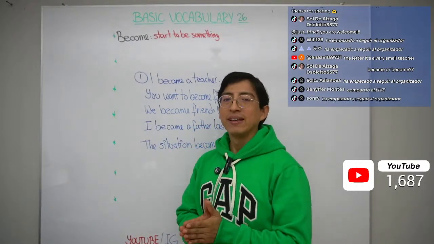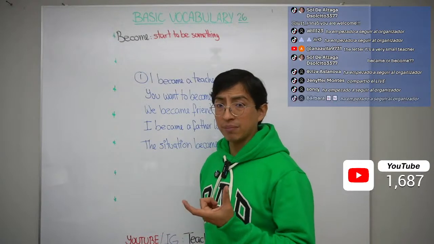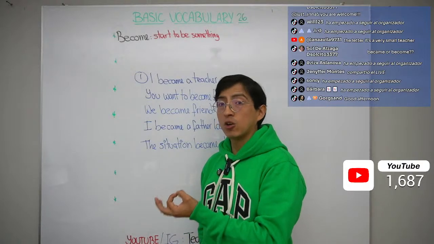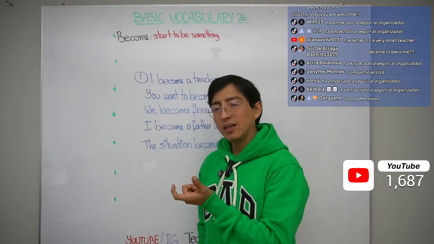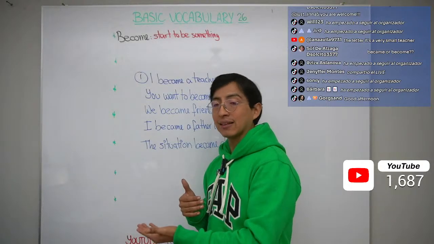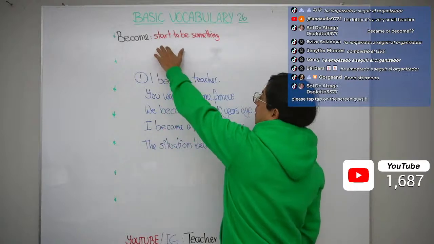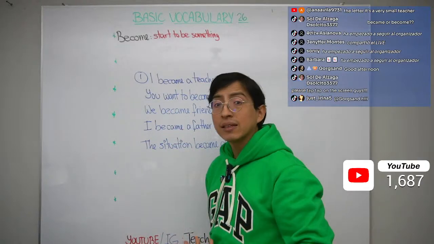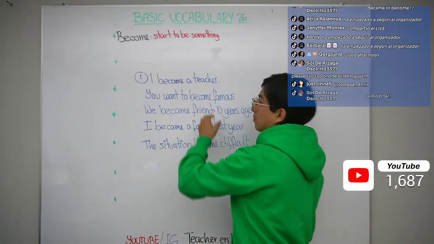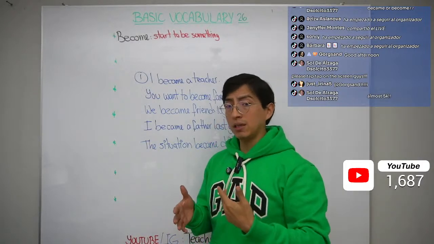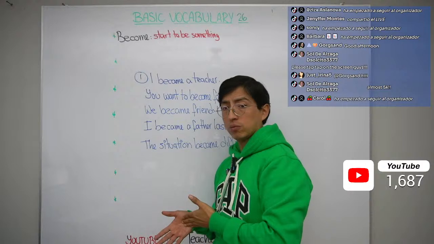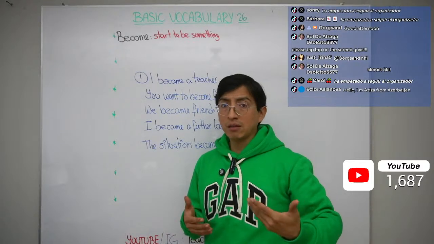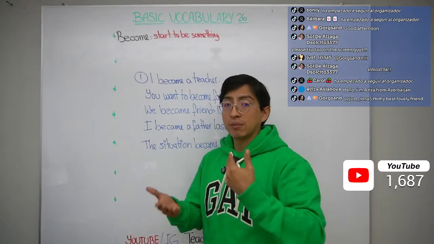Chicos, entonces, cuando hablamos de become, esto es una palabra que no tiene una traducción exacta en español. Podría ser convertirse, ¿ok? Otra cosa podría ser como llegar a ser también. Entonces, por eso la definición es empezar a hacer algo, ¿no? Empezar o convertirte en algo. Por ejemplo, I became a teacher. ¿Ok? Yo me convertí o yo llegué a ser profesor. Terminé el colegio, empecé a estudiar educación y, al terminar, pues me volví un profesor. ¿Ok? I became a teacher.